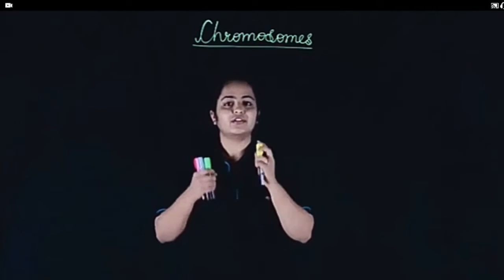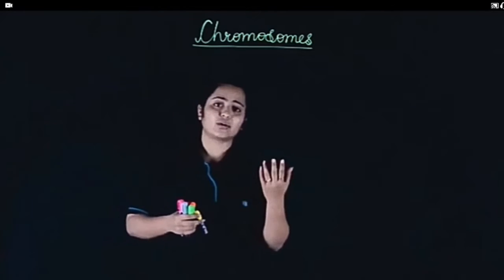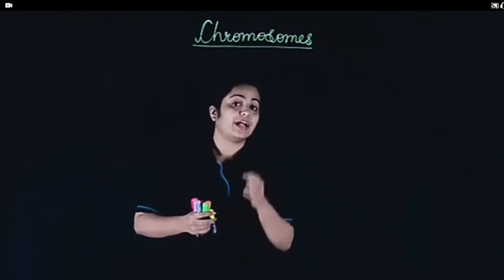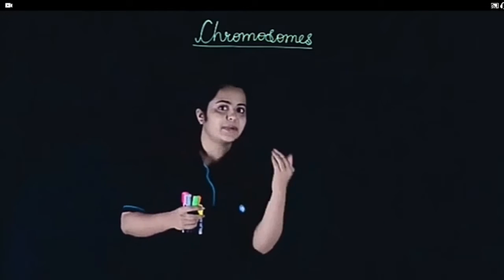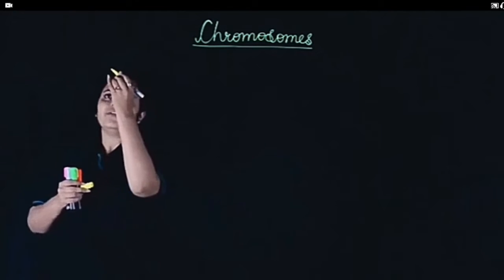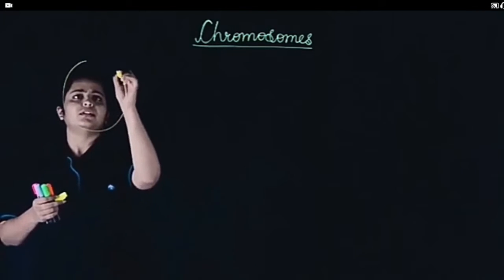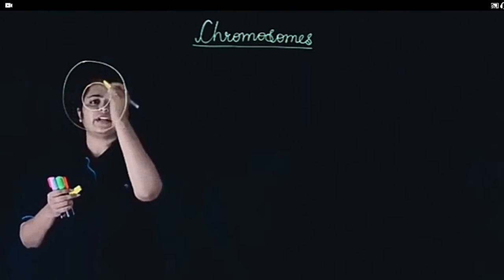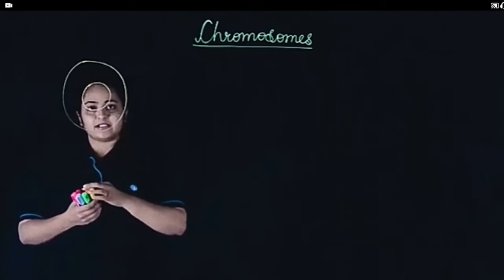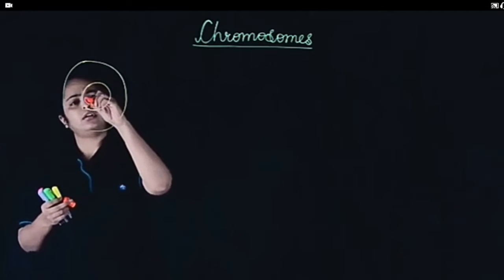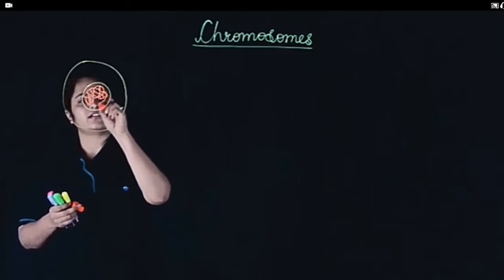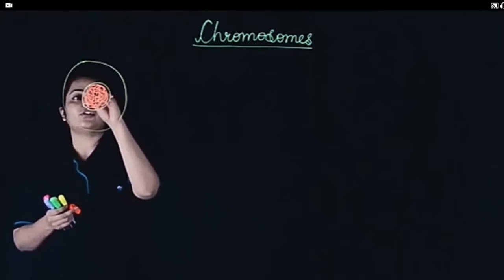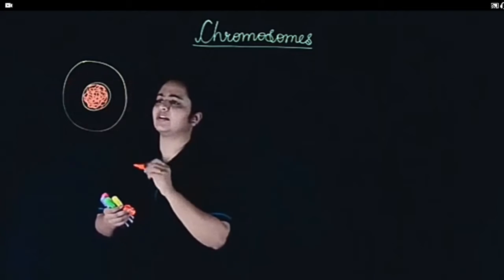Let's try and simplify this for better understanding. Let's have a quick recap of what chromosomes are, what is their structure, how do they appear, how many, and what is their basic function in the organism. So, for example, if this is my cell, one single animal cell, nucleus and all the organelles around it. Yes, the nucleus inside has small thread-like structures scattered throughout. Correct? Nucleolus and all that I'm not drawing right now. We're just focusing on the scattered structure.